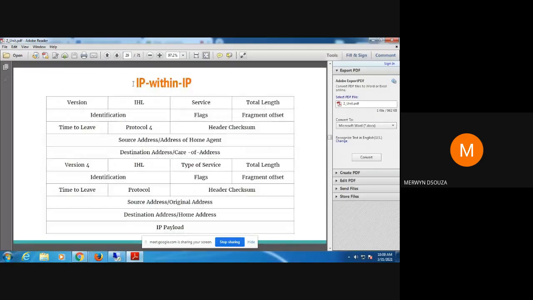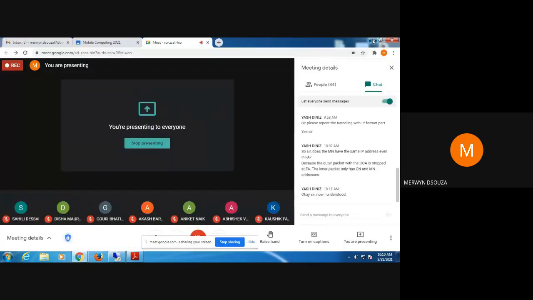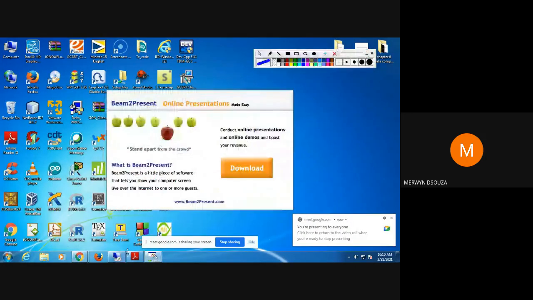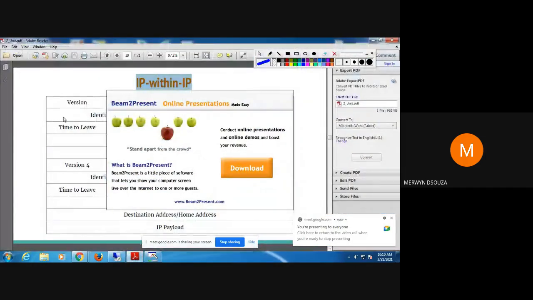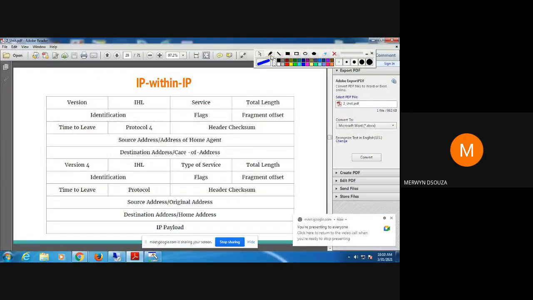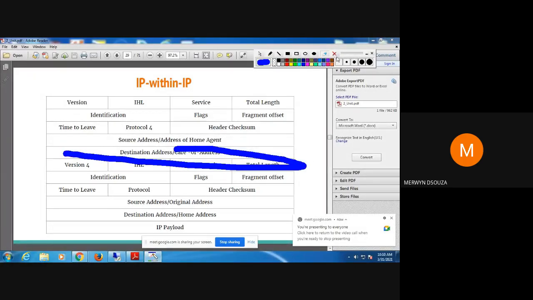So this is known as IP within IP because you are encapsulating one packet within the other packet. I hope you have been able to identify how you have encapsulated one packet within another packet.